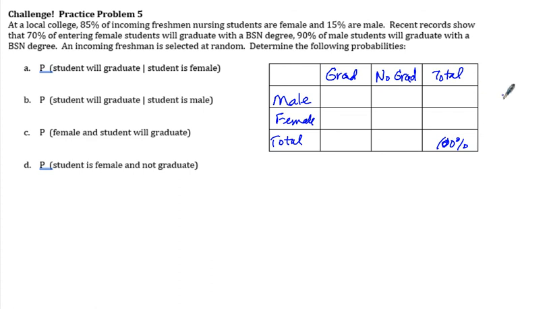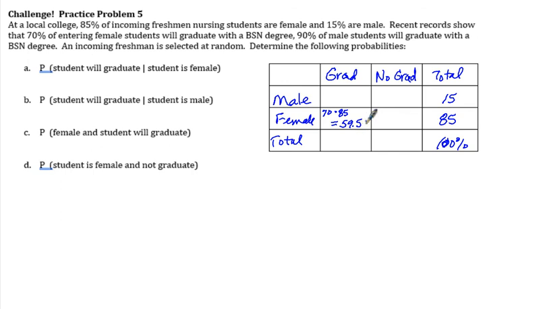I'm not going to put the percent sign anymore because I kind of run out of room when I do that. But if we say that out of this group 15% are male and 85% are female, that means 15 goes here. 15% are your total males and 85% are your total females. And if you add those together, you have 100. And then it says 70% of females graduate with a degree. So 70%, and that's 0.7 if you're on your calculator, times the 85% that are female will get you your